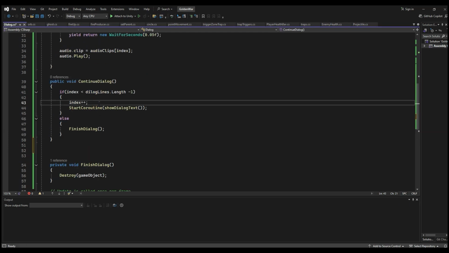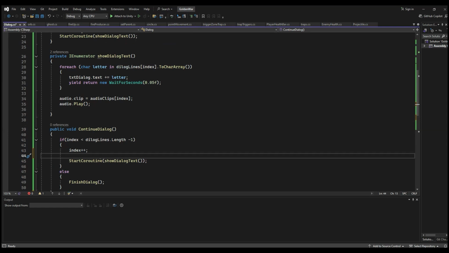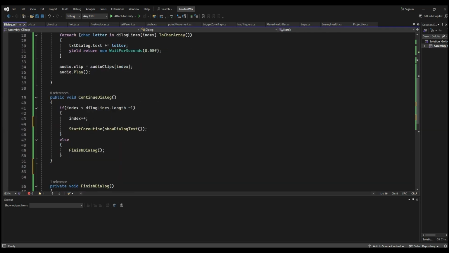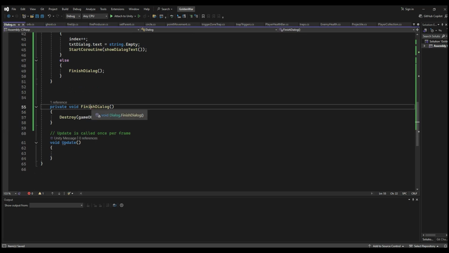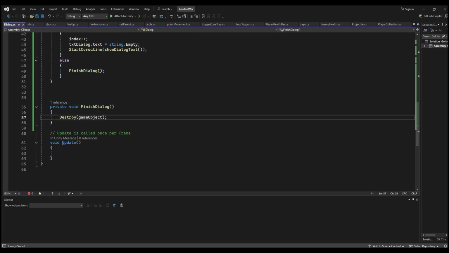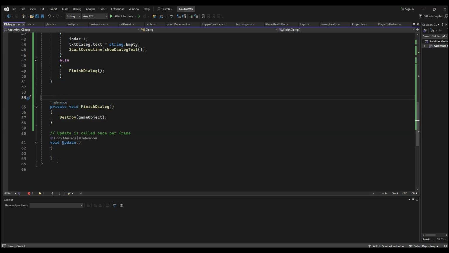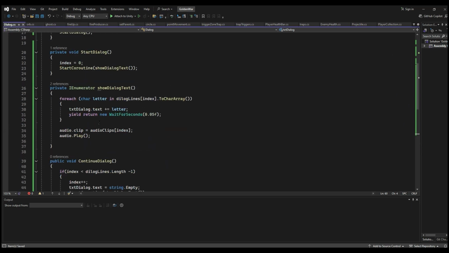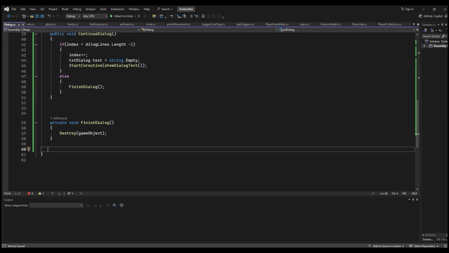Here I forgot that if there are any previous lines there, they should be deleted. So write it here. And for the finish dialog, you can just assign it to the skip button, and we don't need that. Let's test this, and if we need more things, then we will return. Also, I want that my player doesn't move, but I will do that later. But let's go and